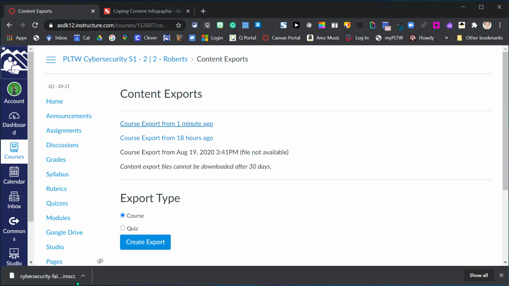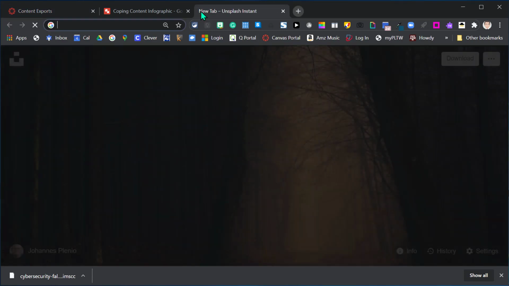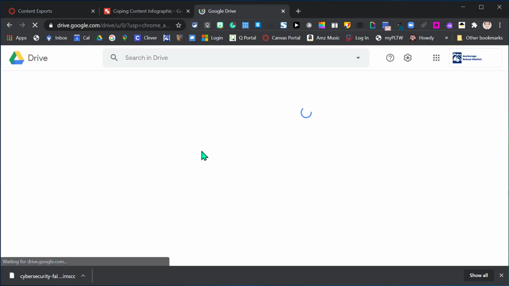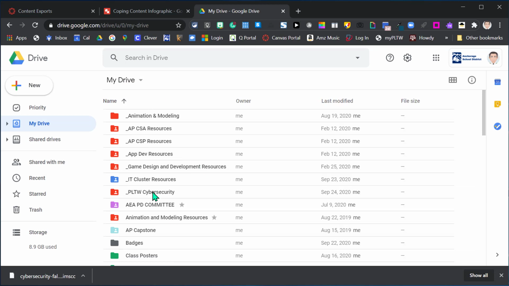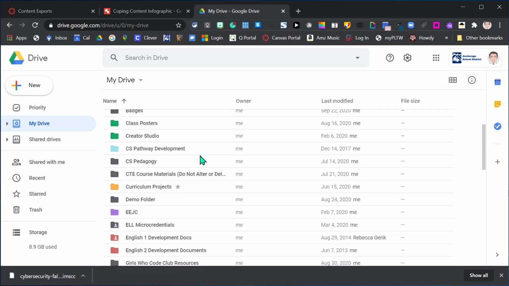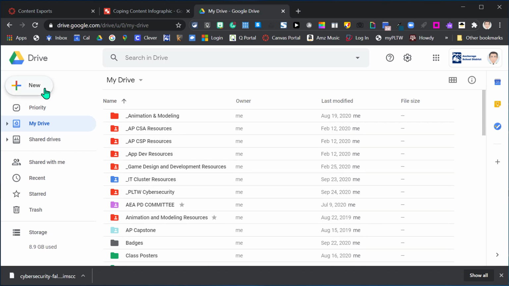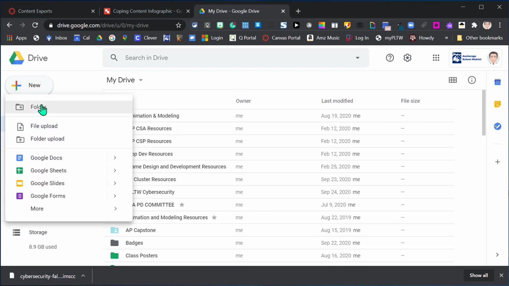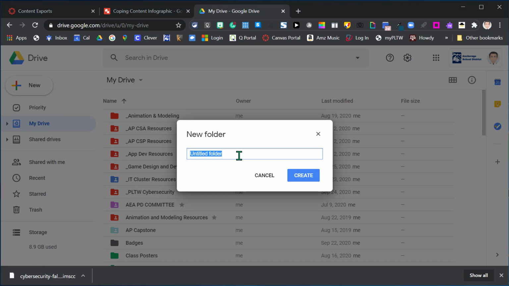Now what I'm going to want to do is go into my Google Drive. So let's open up a Google Drive tab. And I don't currently have a specific folder, I don't believe, for saving courses on my cloud drive. So let's click New and choose Folder. You could, by the way, save this... I'm going to call it